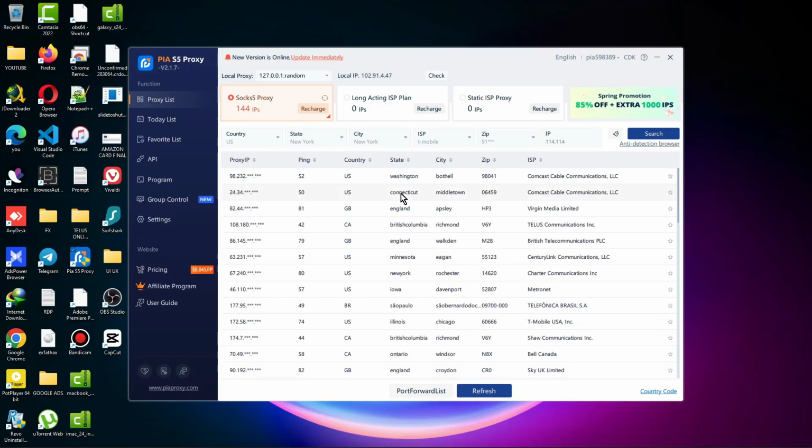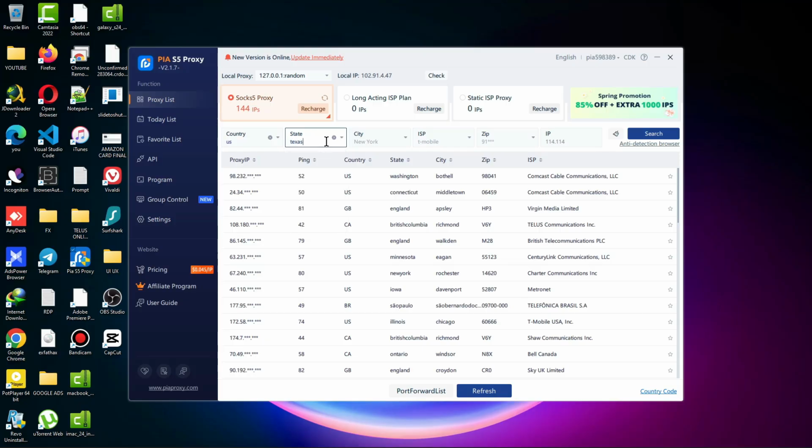So let's go back to this. Now this is how the interface will look. Depending on when you're watching this video or the app version you might be using, the interface might be slightly different, but it's still almost the same thing. When you come here, you have to select your country. Let's say you want to change your location to US. You're going to search for US, and then it's going to give you IP addresses of US. If you want to use a state, let's say Texas,